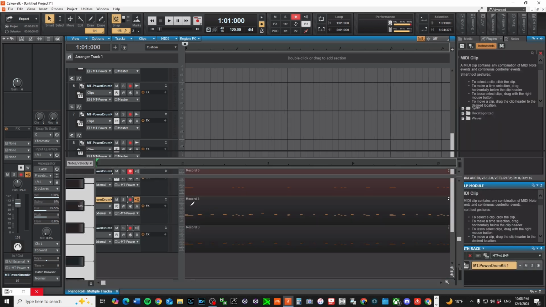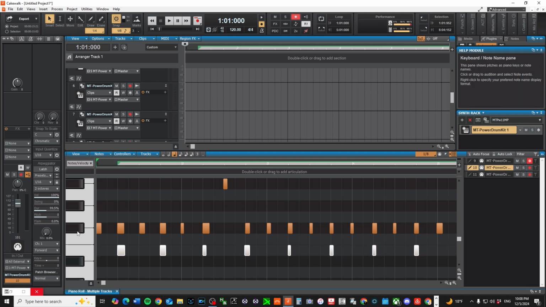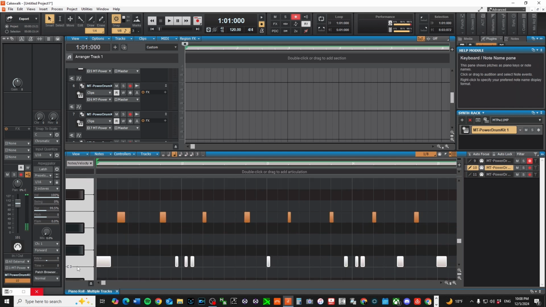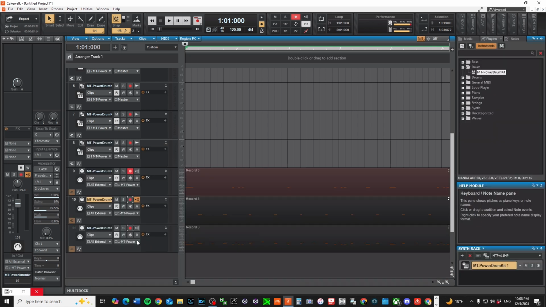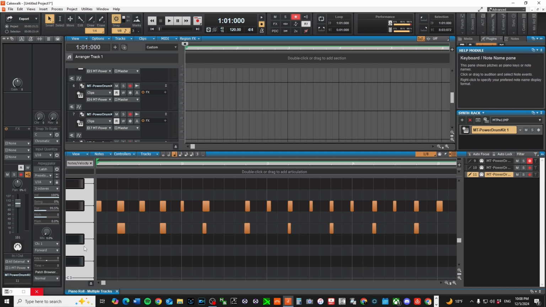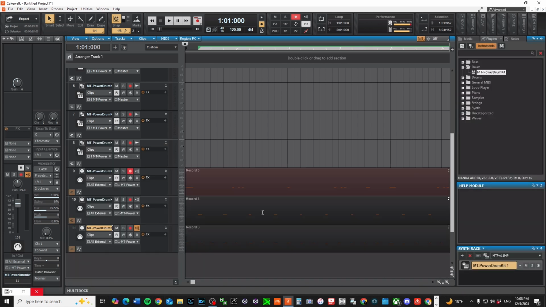And then I'll come here and I'll say I want this to be snare. That's my snare. Don't need that. Don't need that. That's snare. And then this is the hats. Don't need that. And then that's it. And so now when I play it,